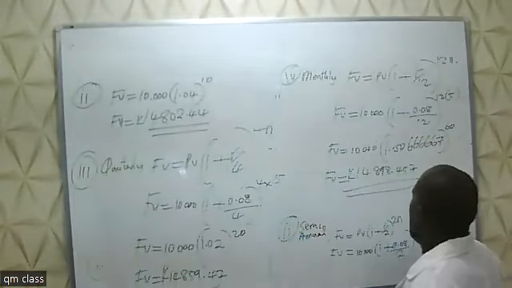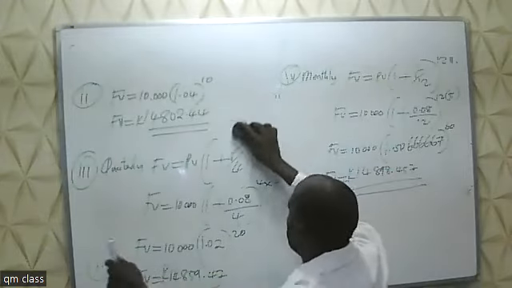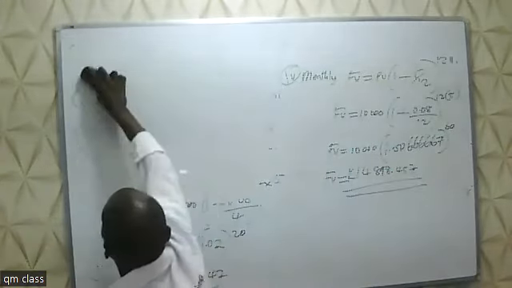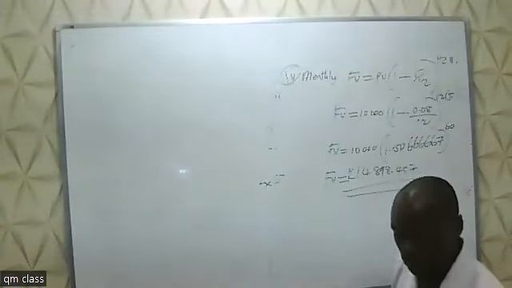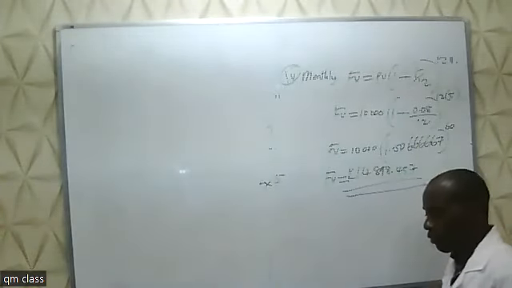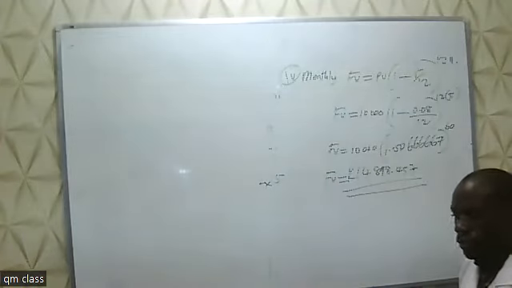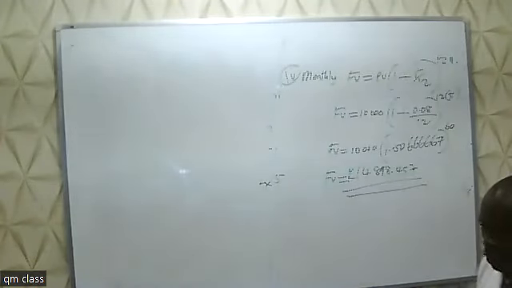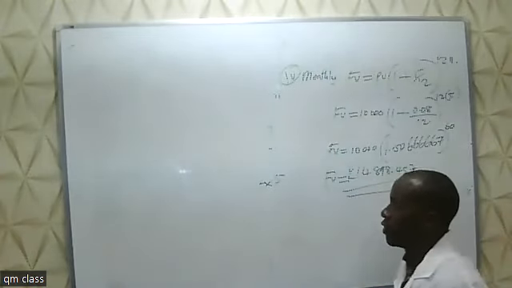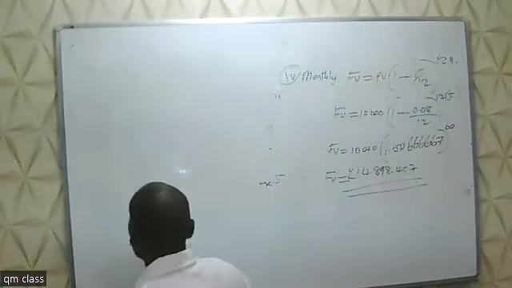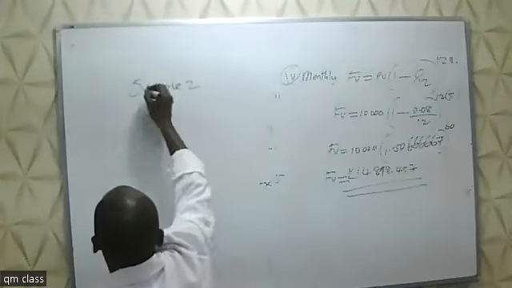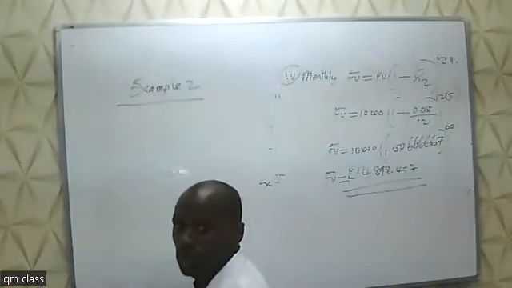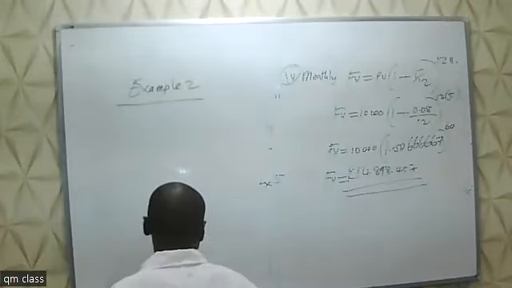Now let us look at example 2 before we get into annuities, because we'll be able to finish up this topic, so that as we meet the other one, we're going to do bond valuation, because I started from scratch. These other topics are significant because of corporate finance. So, example 2.